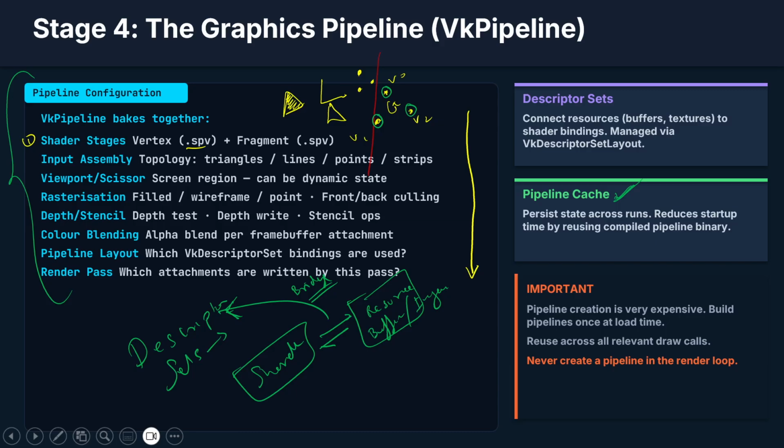Now one thing which is very important: creating pipeline states is expensive. It basically involves a lot of compiling and linking of GPU resources internally. So you don't want to create the pipeline state objects frequently, otherwise it will drop your performance